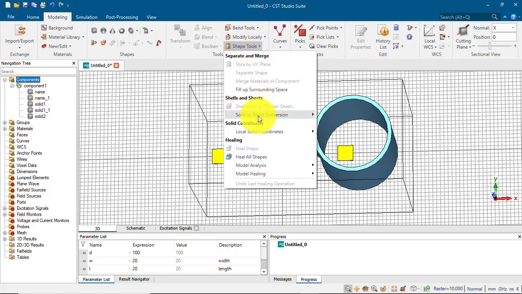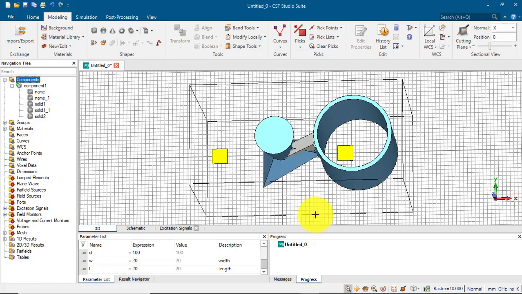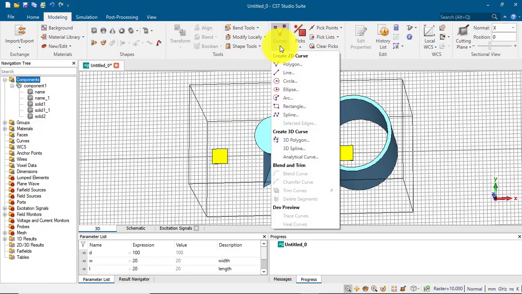Maybe I want solid to shell conversion. Maybe I want to fill up surrounding space. So we have a lot of tools here to use. Maybe we want to blend, maybe to align, okay? And we also have the curves. I create the 3D shape and I can create the 2D shape. Maybe I want to create the 2D shape as polygon, line, circle, ellipse, arc, rectangular spline, 3D polygon, 3D spline,